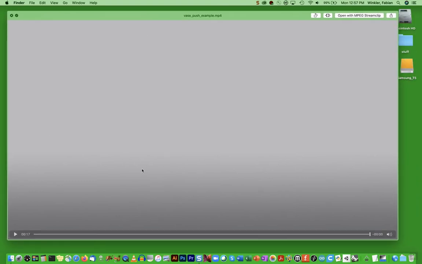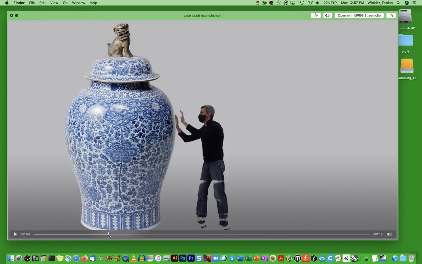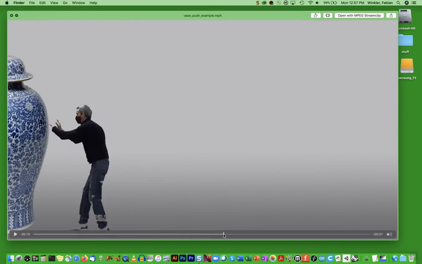Okay, so as you can see, and to be perfectly honest, this is not the best possible result that you can get from a keying operation. When you take a closer look, you see that there are certain areas that are transparent. My shoes are, for example, almost completely transparent. There's parts of my clothing, some of my hands, some fingers that start to disappear, even some of the hair here. And so I wanted to use this example to show you also where the limitations of this effect are,